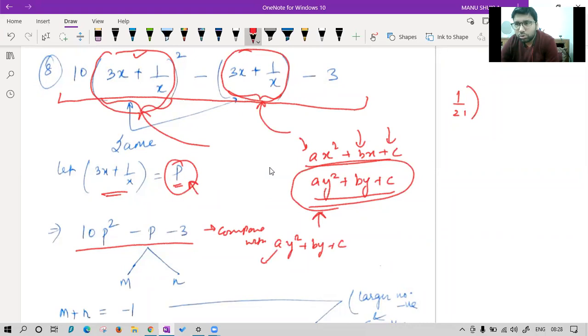Sir, how will you get to know that we have to let p in such situations? Vaishnav, actually it is a little practice. And second is the desire to prevent confusions, because I know dealing with such a big number all the time during my calculations will create a lot of problems. Also, I have to write the same thing again and again. You see how much time it is taking to write.